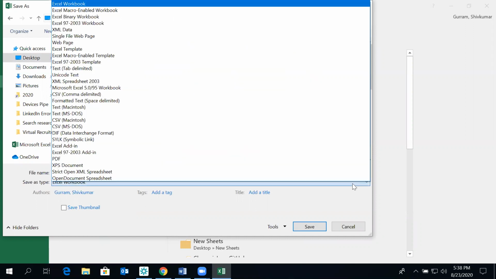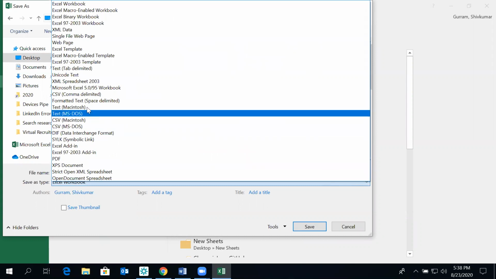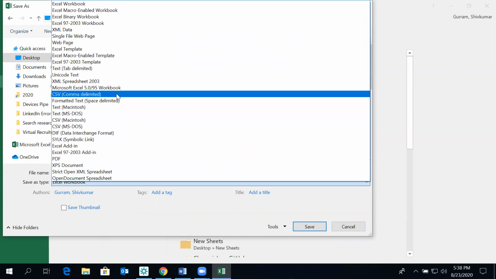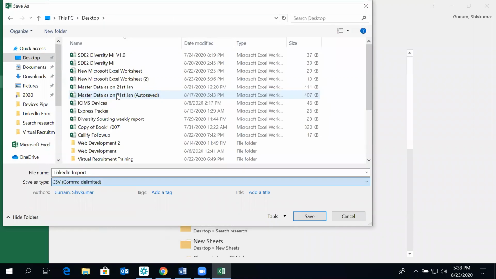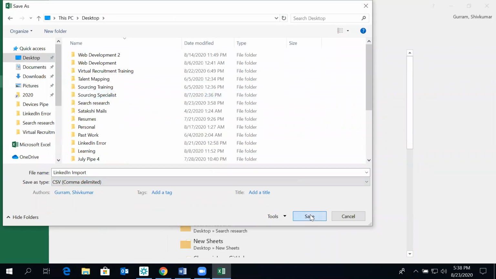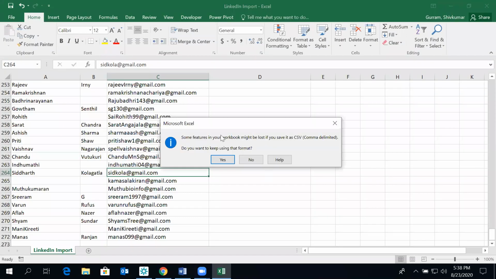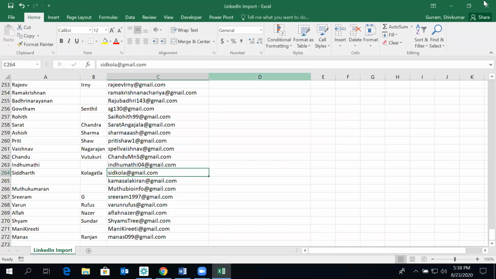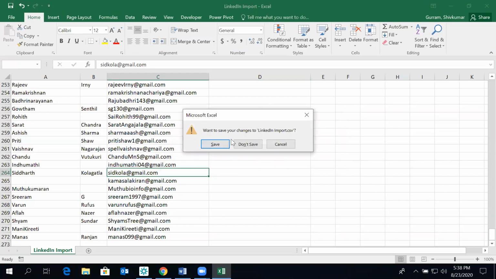CSV comma delimited. Some features in a workbook might be lost if you save it in CSV. Do you want to keep it? Yes. Close.